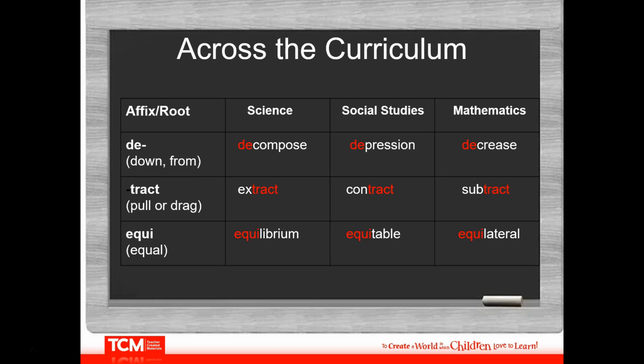But if you look here, we have 3 examples. We have DE, which means down or from, TRACT, which means pull or drag, and then EQUI, which means equal. And so if we look at how we can use this in science, social studies, and math, in science we can use DE by exposing them to the word decompose, in social studies, depression, and in mathematics, decrease. And then you see the examples that we used in other content areas with TRACT, and then EQUI,